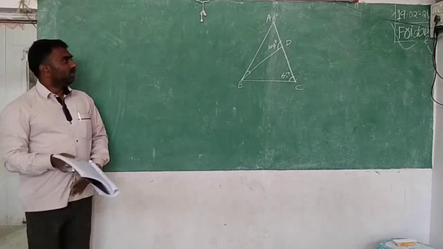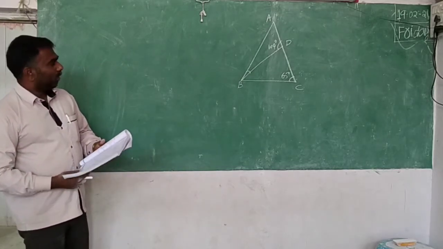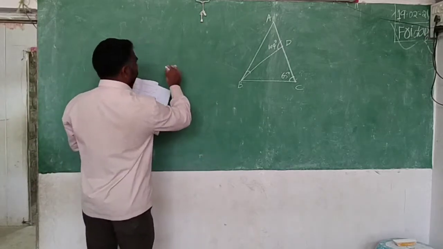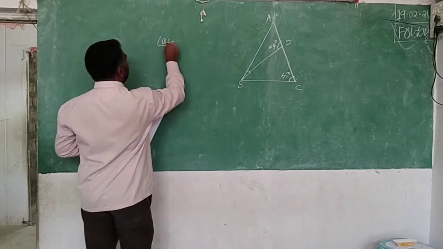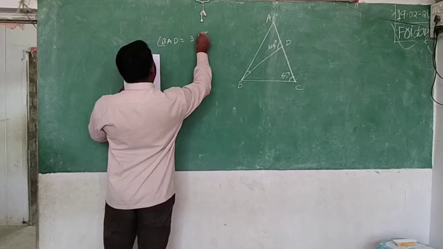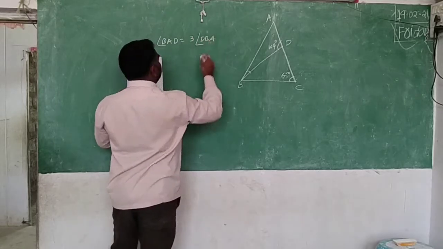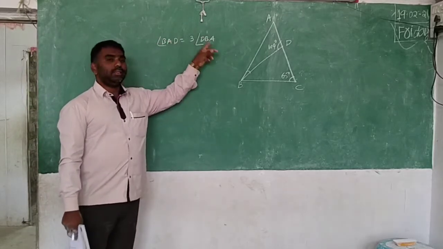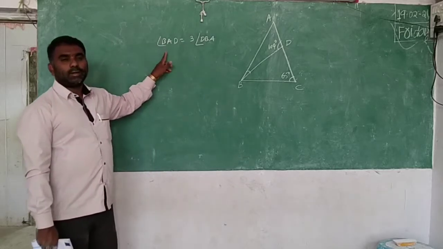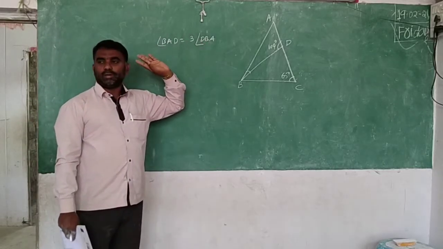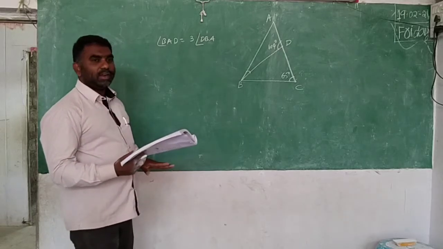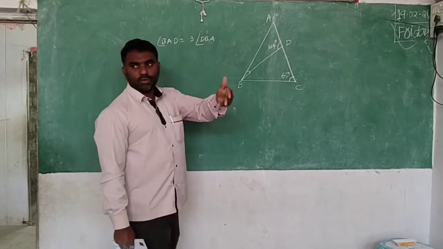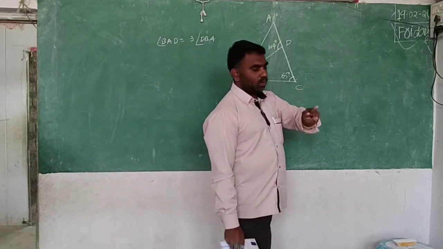So okay, what is the question given here? 3x and x. We are given that angle BAD is equal to 3 times angle DBA. I told you so many times, when you are thinking about this, think which depends on which. Here BAD is dependent, DBA is not dependent. Second, he didn't give anything. Simply, there are two unknowns.